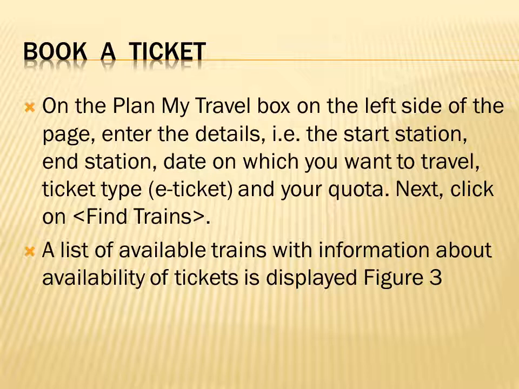First, we have to plan our travel. Planning our travel means at which place we have to go, what is our source and what is our destination, from where to where we will travel. Then which type of ticket we require, that is e-ticket or I-ticket, and which quota we have to travel in, whether general or sleeper, etc. Then on which date we have to travel, all that has to be mentioned. And we have to search or query for it.